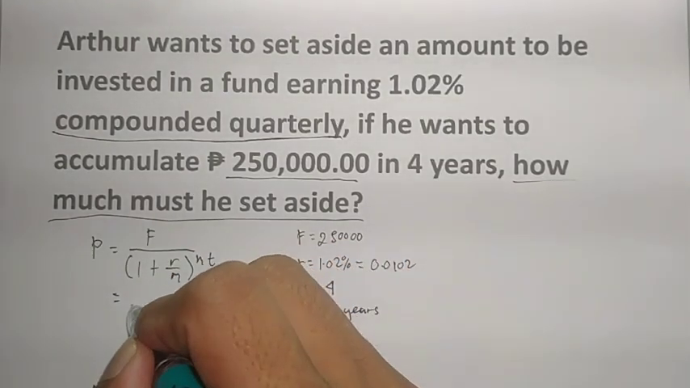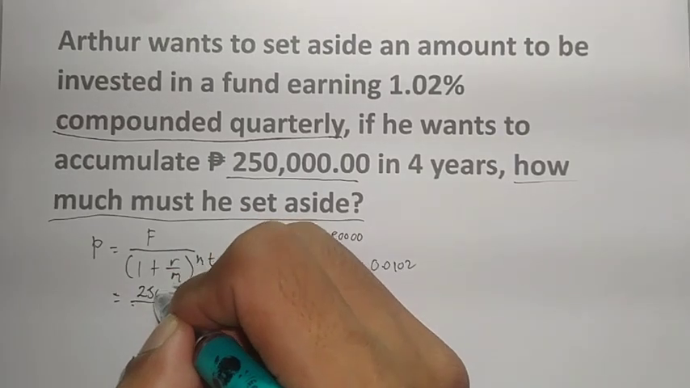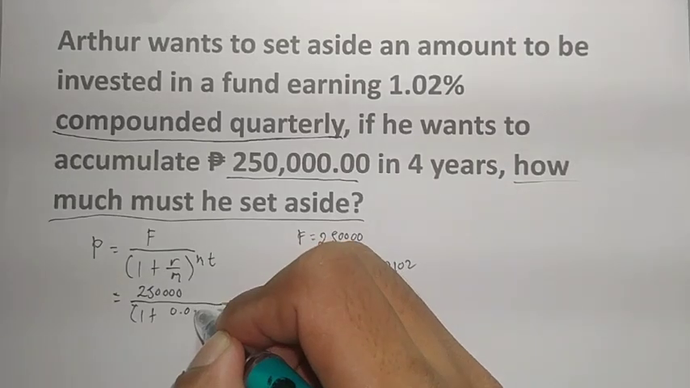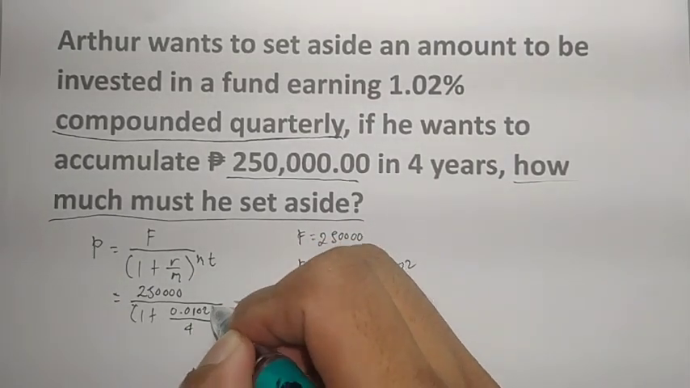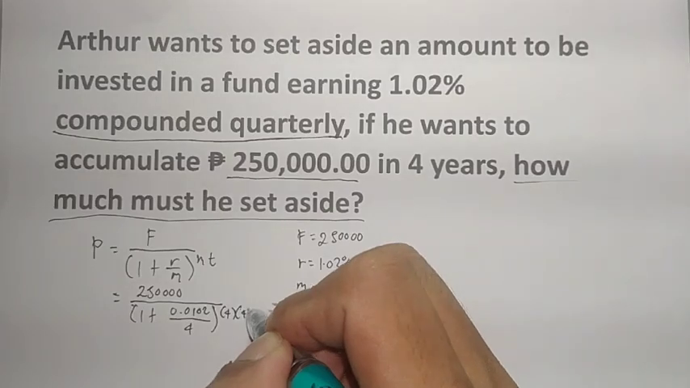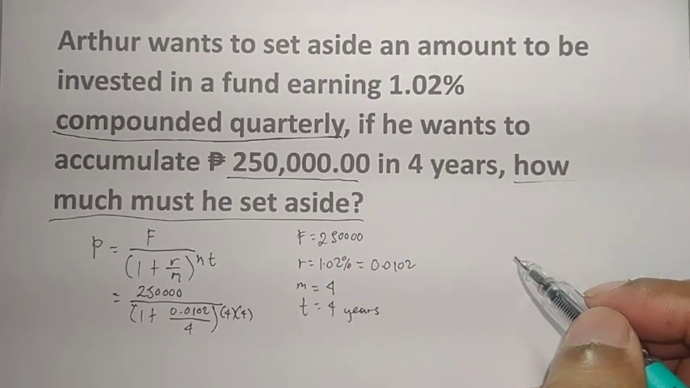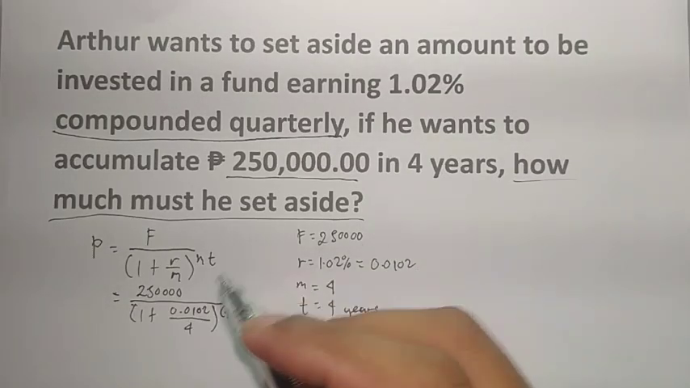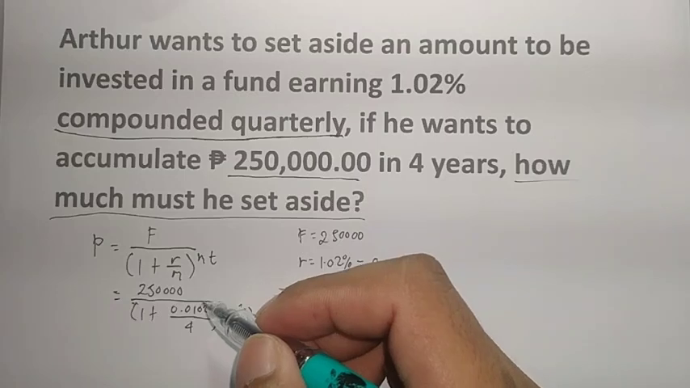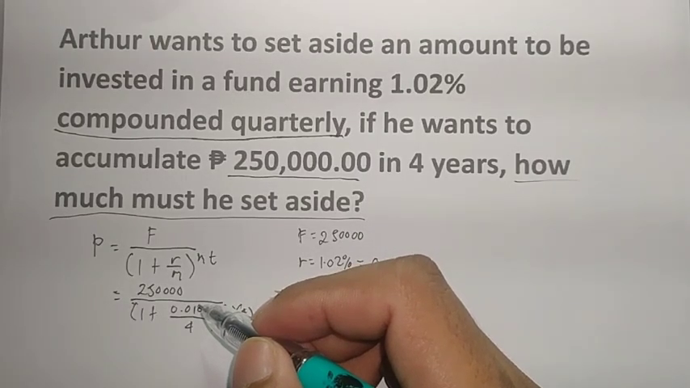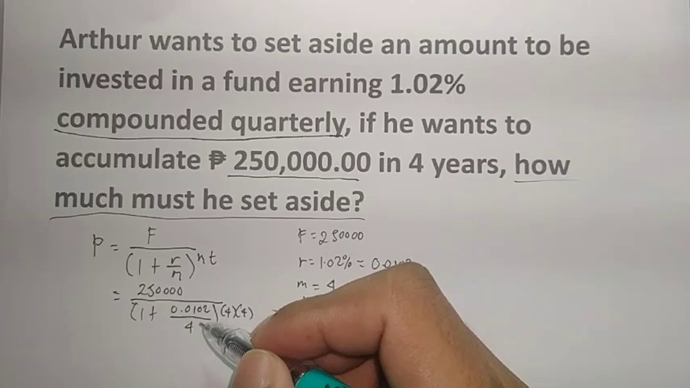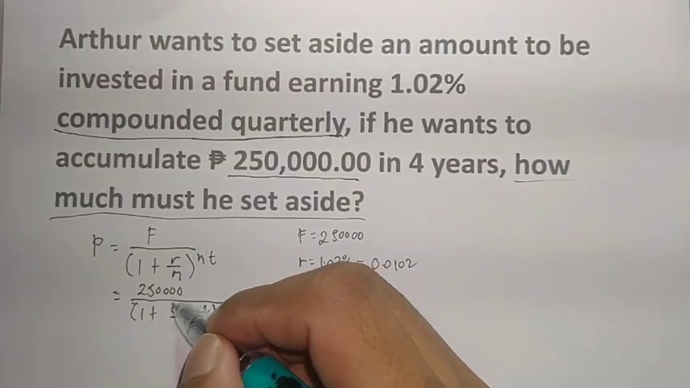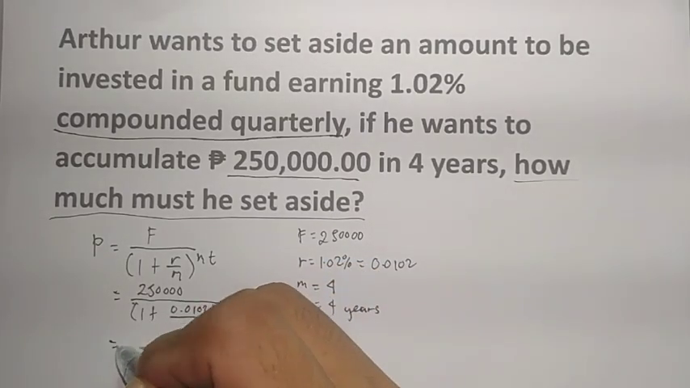So all we need to do is substitute the values. So F is 250,000. Copy the 1 plus 0.0102 over 4 raised to 4 times 4. Okay. And after that, we first use the operations inside the parentheses. So divide first, then add. You need to divide this before adding. So it will result to